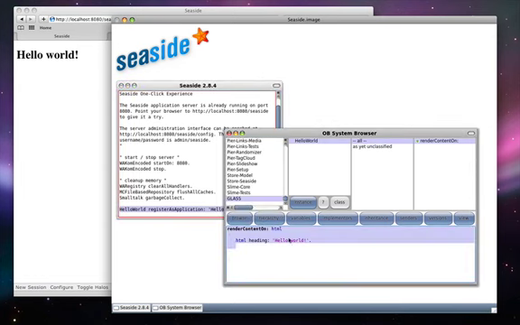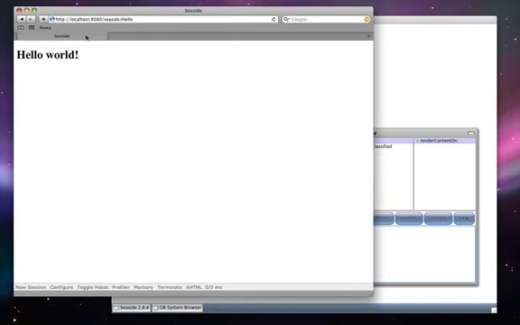We'd like to make that a bit more complex, so let's say now is a local temporary variable in the method, and it will hold an instance of DateAndTime now. Then our html heading will start with a heading that says Hello World, and then put in another line, a heading level 3 of the current date and time, and then when we refresh, we see that we're generating content dynamically.